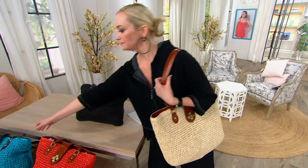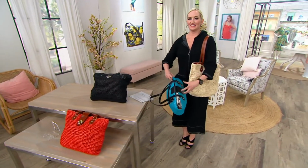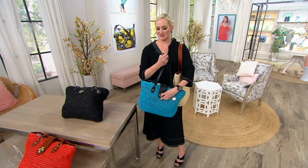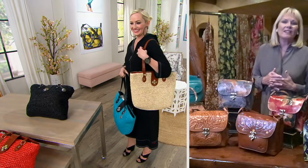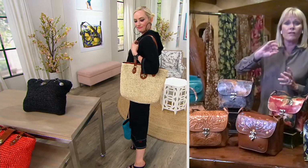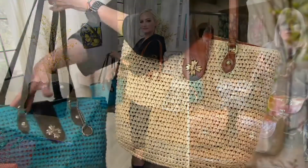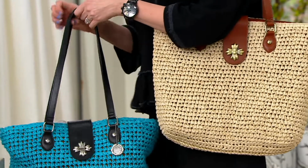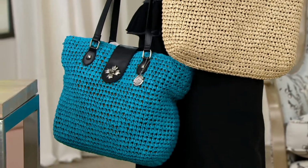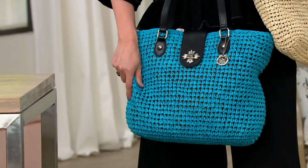I know they're kind of a little overstuffed on the table and kind of laying like, whoa. But I guess that too shows you how much you can put in it. Yes, you're right. But look at the beautiful color. And look at that leather. That's all leather on the top and back of that strap and that tab. So here you've got this raffia from Spain, and then you've got it trimmed in this beautiful vegetable tan leather with all that rich hardware and the studs